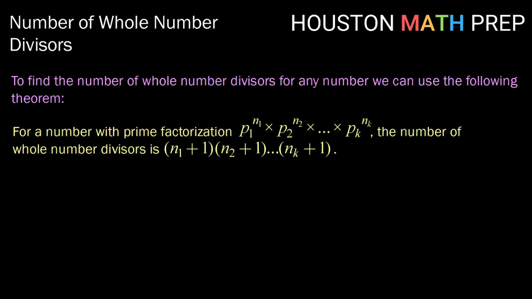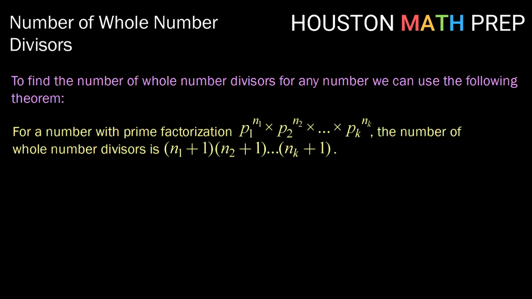In this video, we're going to take a look at how to find the number of whole number divisors any given number has. In order to do that, we can use this theorem, which says that for a number with prime factorization p1 raised to the n1 power times p2 raised to the n2 power, and so on, where p1 and p2 up through pk are all the different primes,